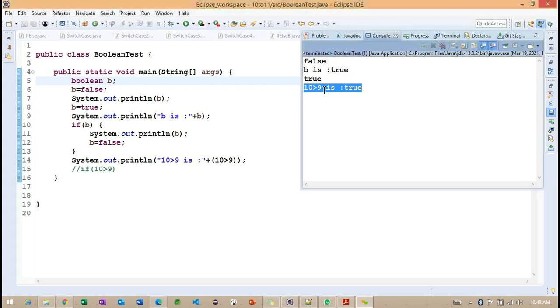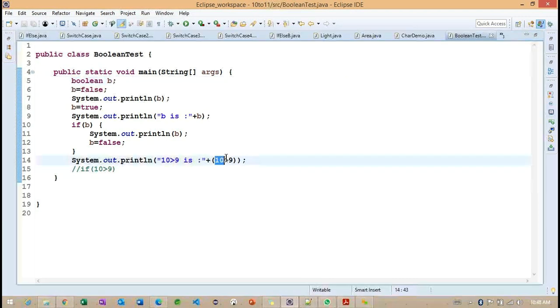You need to understand that if you know how greater than works in normal mathematics, you can think the same way here. But here we are going to work with the Boolean data type. If the condition is greater than or less than, we may get a true or false value.